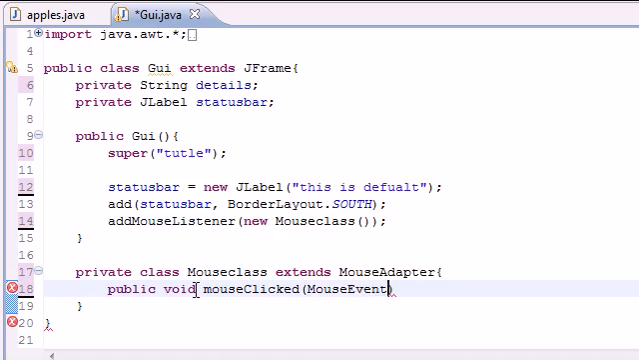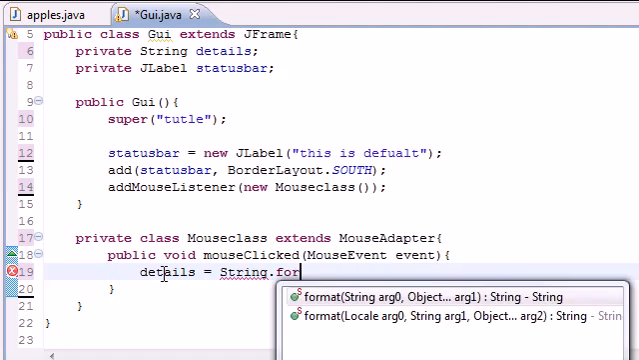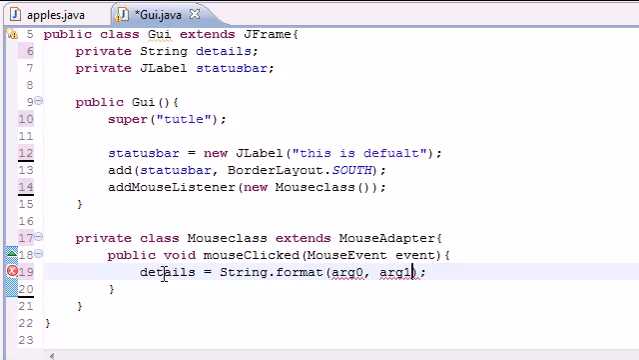So put MouseEvent. Let's go ahead and type what we want to happen when they click the mouse. Well, let's take those details right up here that we have and put details, set equal to String.format, and let's put something that takes 2 arguments. Put "You clicked %d